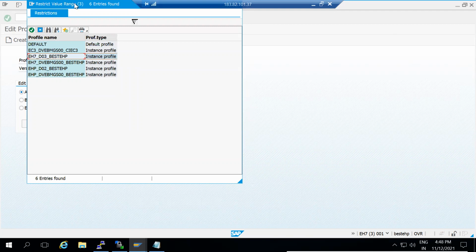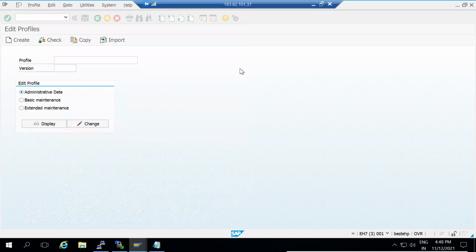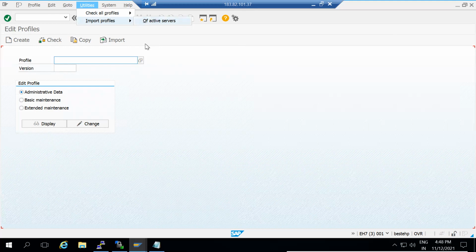All the profile parameters reside at the OS level. So when you do this input profile of active servers, the profiles which are there at the OS level will show in the application server.